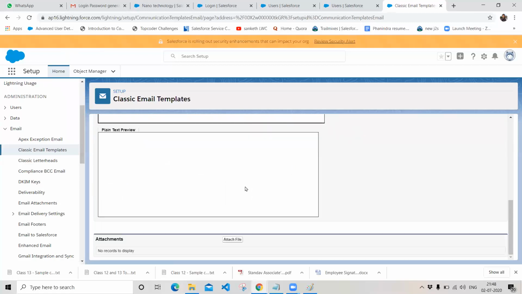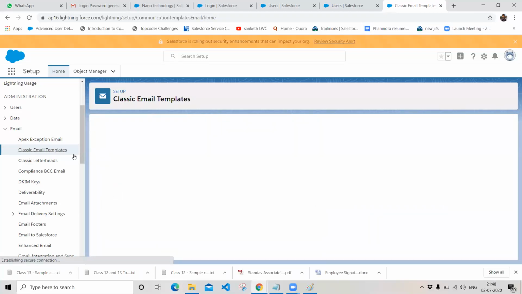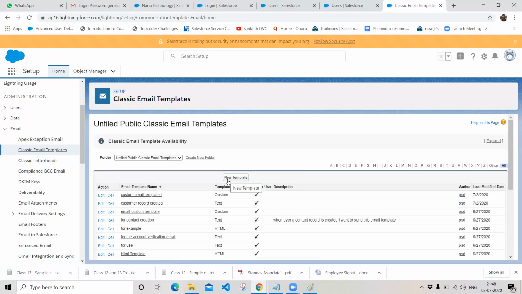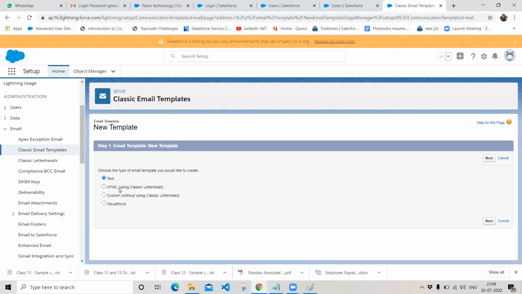So you have created your email template by using the HTML, and we have one more kind of email template called HTML. Since we have created our custom email template, we have one more template called the HTML template. So in order to create an HTML template, you have to first define your letterhead. You have to first define the pattern of the letterhead that you want to specify. So under these classic email templates, we have an option called classic letterheads. Click on the classic letterheads,